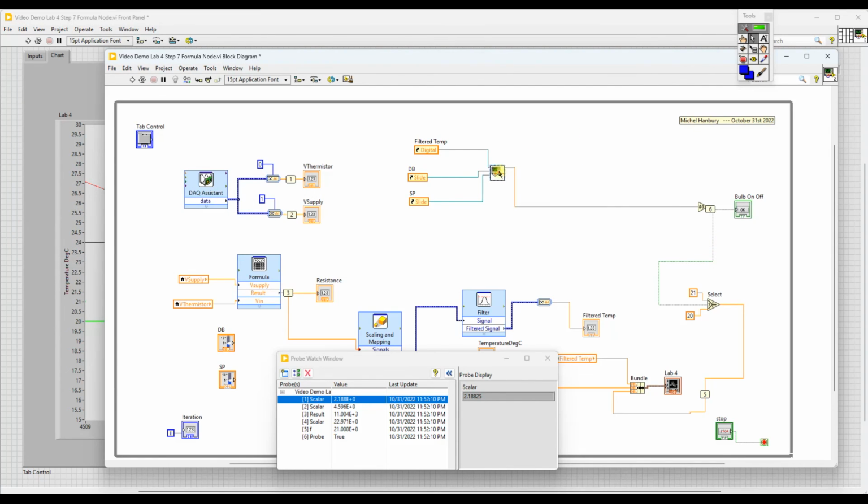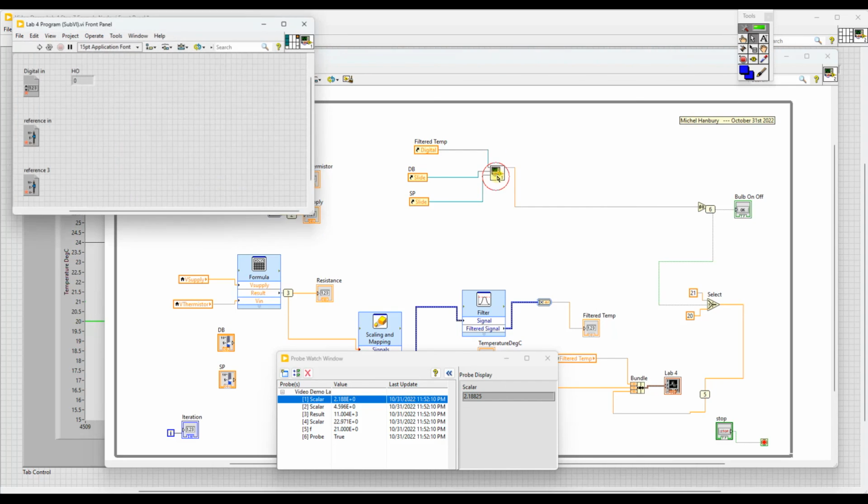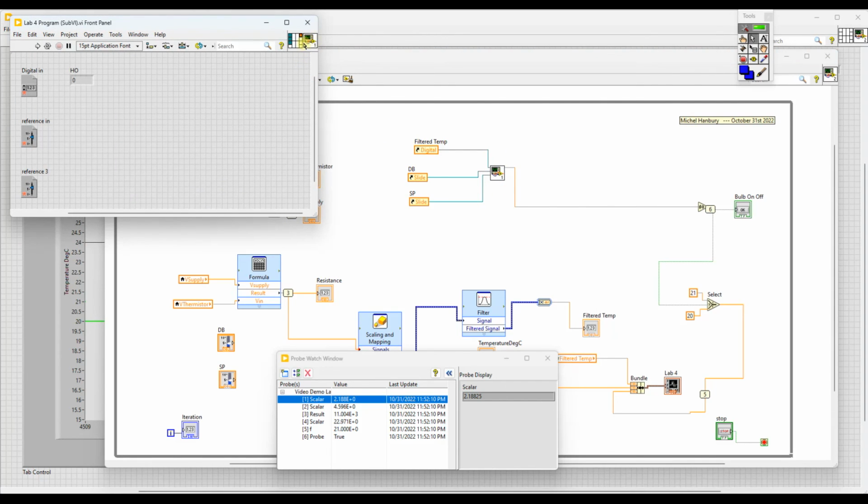So it saves that, and one of the other neat features you can do is right click on this and actually double click, I think. Yeah, and see up here, that's the icon for that SubVI, but you can set icon to name. So it says Lab4 program SubVI. The other thing that you can do is on the left hand side,